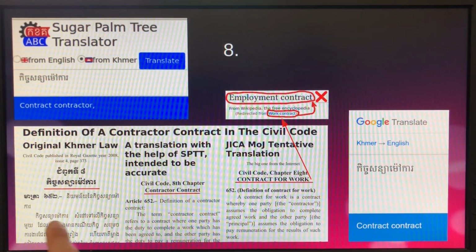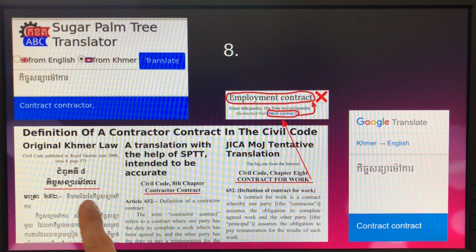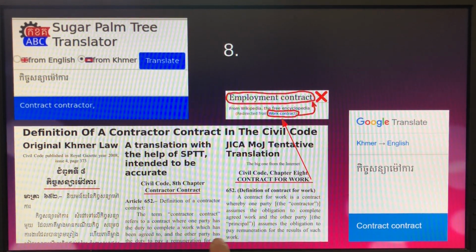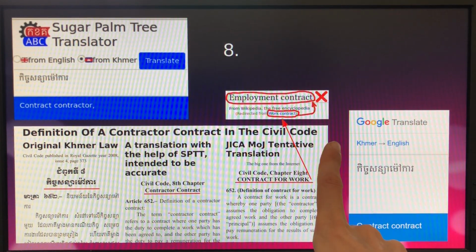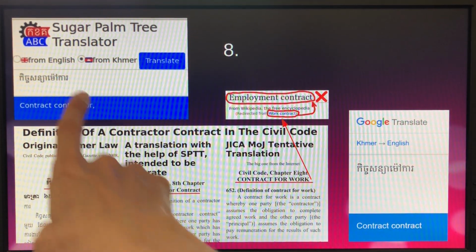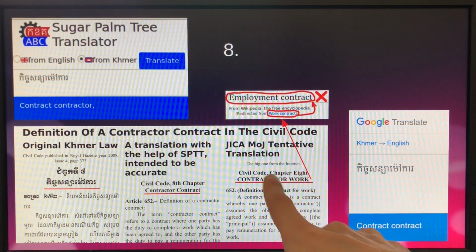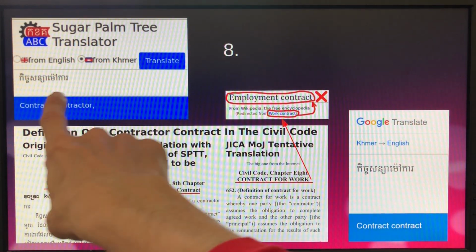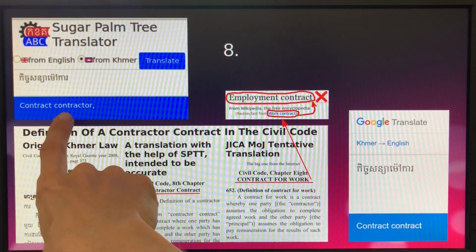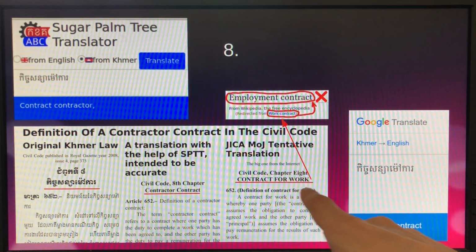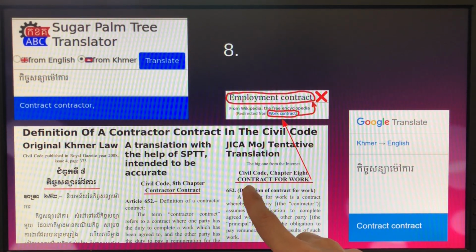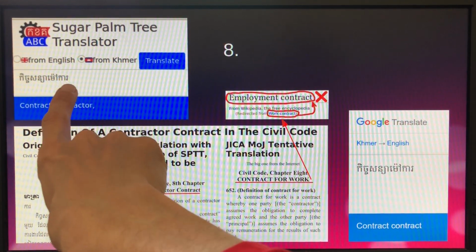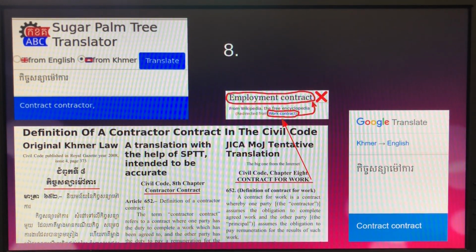This is an example of a practical case in a law. And the problem here is that even a human translation here is ambiguous, and Sugar Palm Tree gives you a better translation than that. Because this is Kitsonia Mauka, which actually means contract to contract. That is from Sugar Palm Tree Translator. And how do I know it? I know the word Mauka, which I look up in the dictionary, and I also know from experience in Cambodia